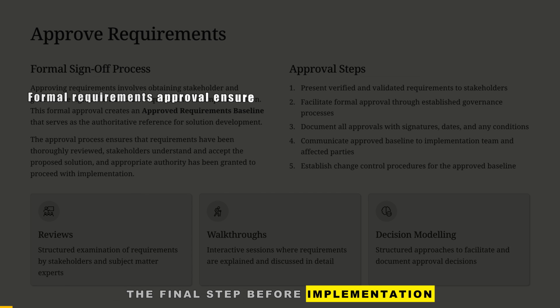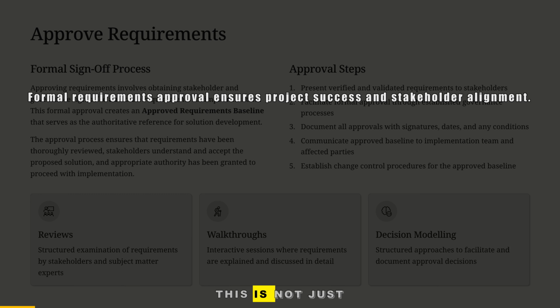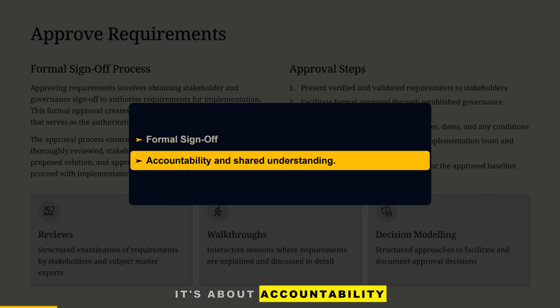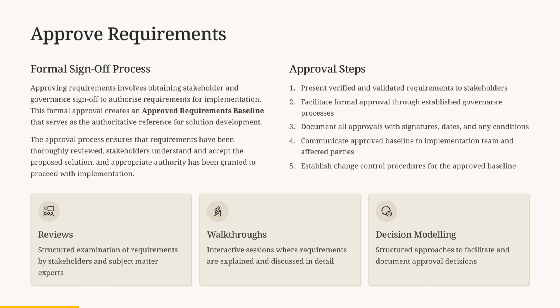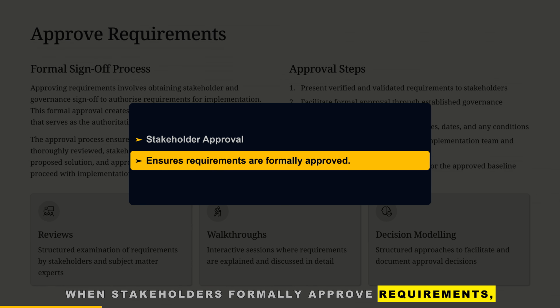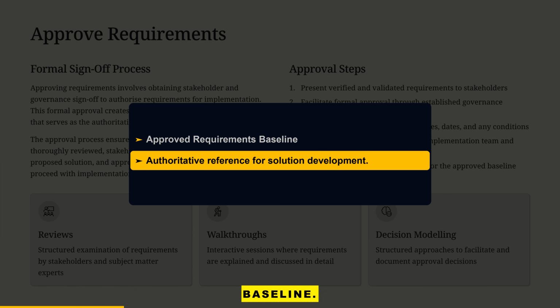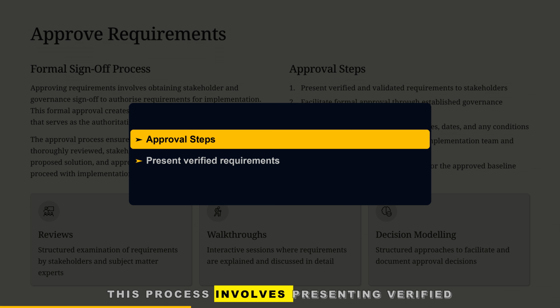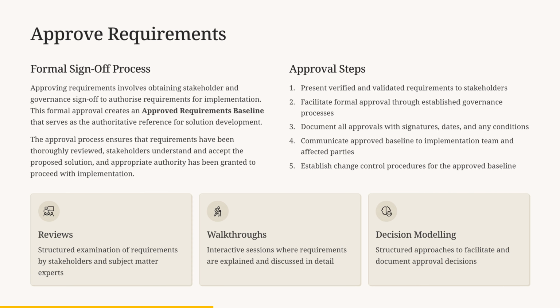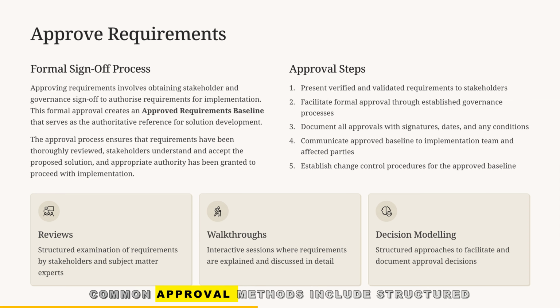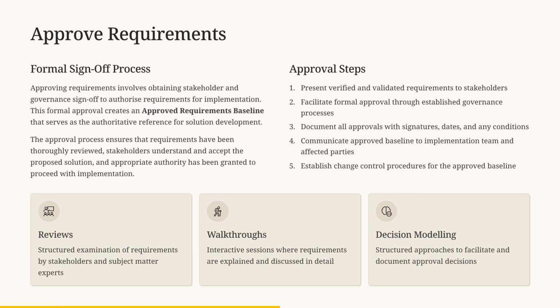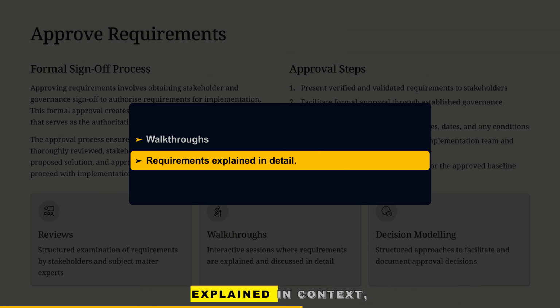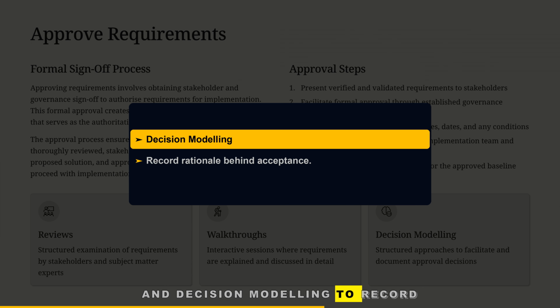Final step before implementation is approval. This is not just a signature exercise, it's about accountability and shared understanding. When stakeholders formally approve requirements, we create an approved requirements baseline, the official reference point for all design, testing, and delivery work. This process involves presenting verified requirements, facilitating governance reviews, and documenting every sign-off. Common approval methods include structured reviews, detailed walkthroughs where requirements are explained in context, and decision modeling to record rationale